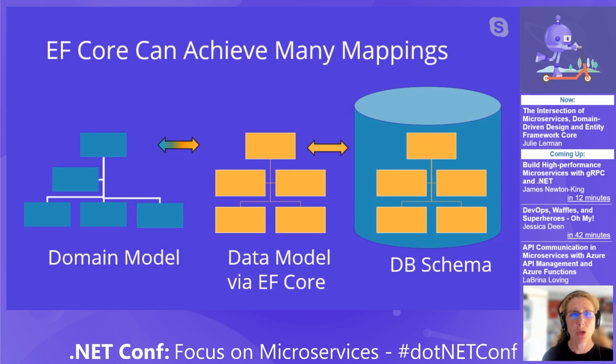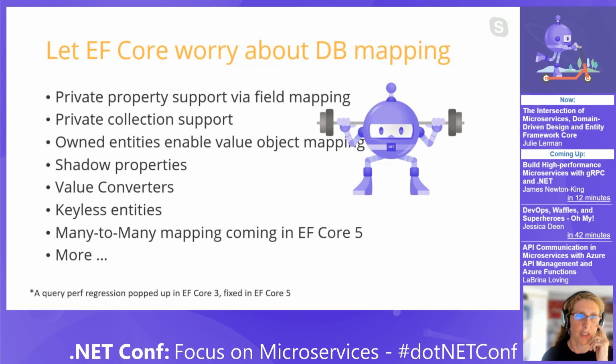We can use Entity Framework Core to define that data model that will allow us to take our domain model and make sure it gets persisted into the database. So thanks to a lot of wonderful features in EF Core, and we get more and more features that enable us to do these kind of mappings as each iteration of EF Core comes out. So what I want to be able to do is show you a number of different features that allow me to take my nicely designed domain model and still be able to map them into the database.